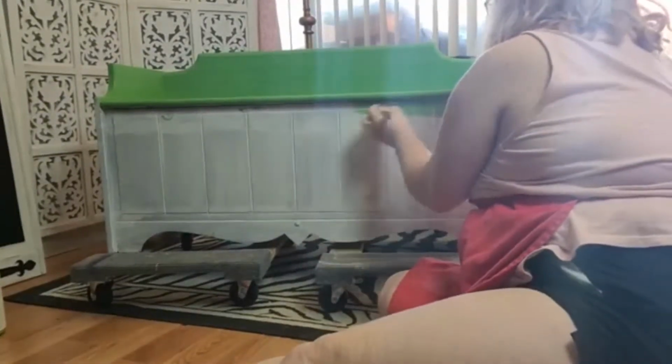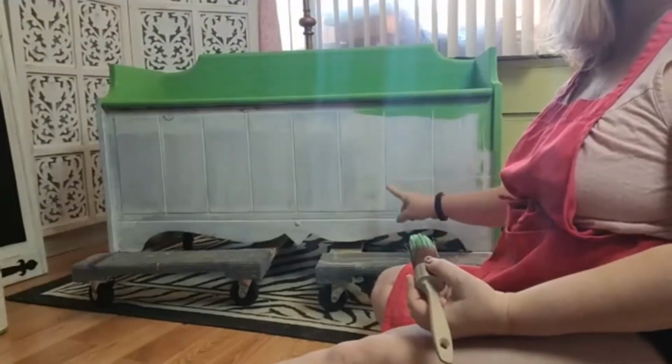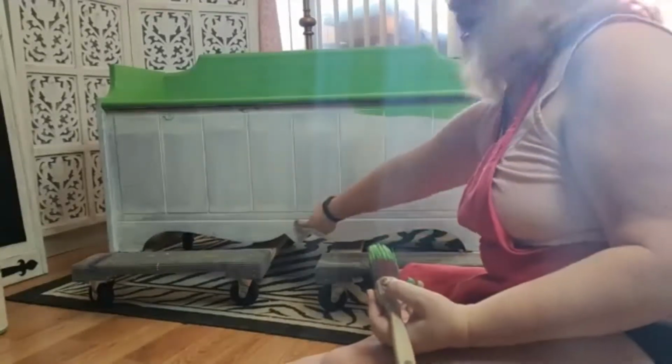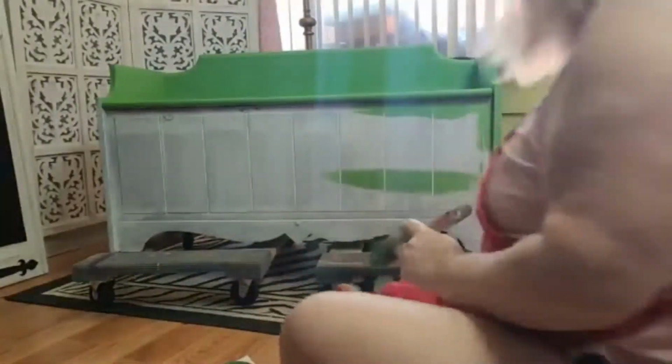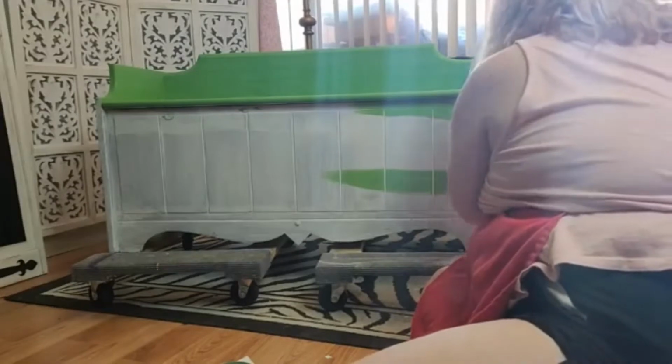So because of all the, see those little insets, they'll show up more. And it has those little wooden dots that they stick on, those little things. And it has all these little scuff places and places where it's been damaged. I have to fill in all that with paint on top of the boss. So I am just going to basically get the paint in there. So I'm going to have to paint